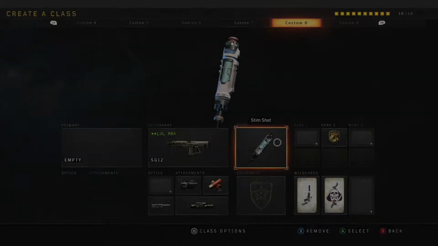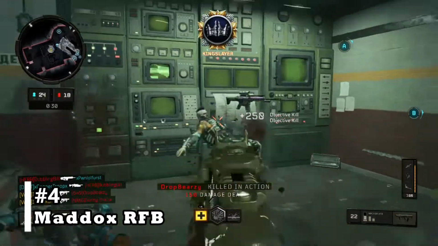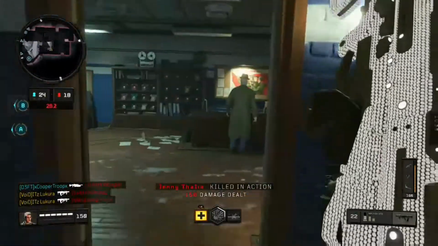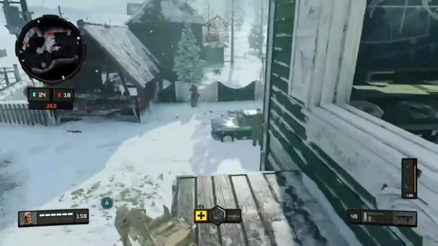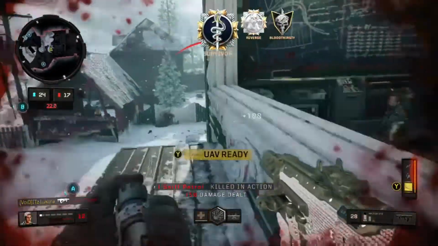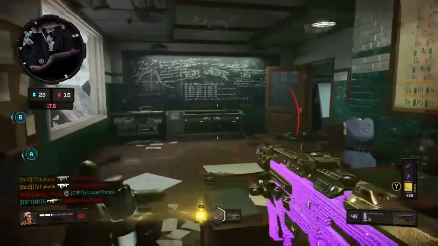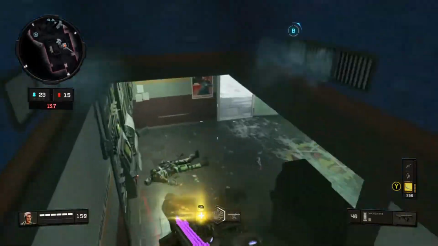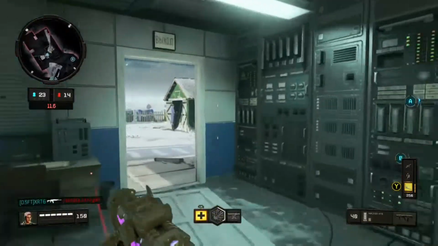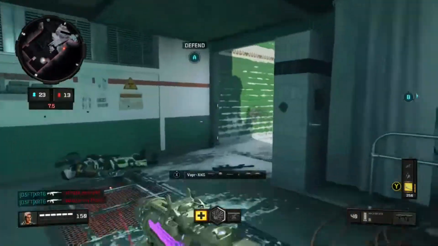At number 4 I have the Maddox, and the reason why I chose this gun is because it is just extremely powerful, whether it's up close or at long range, and it seems to really outgun anything. Except for a couple weapons, I'd say like Spitfire up close, it can't really outgun. But it's like a hybrid between a submachine gun and assault rifle, and it just feels really good up close and at long range. No matter the distance of the enemy, you should be able to melt them down